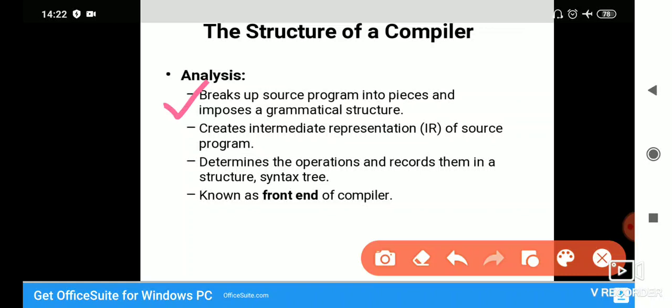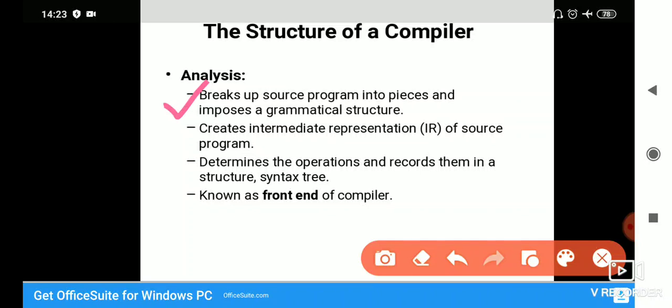But when it gives you an error, then you can understand, yes, it has done something. If there is no error, then also it will show you a message box that it is a success. That means the compiler is doing something in the background. How it is doing something in the background, that is what we are talking about.